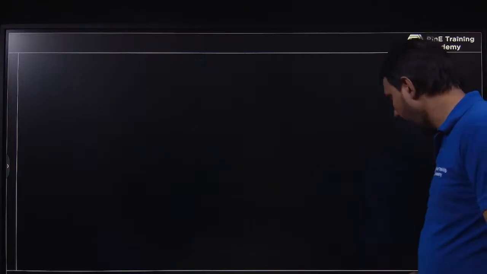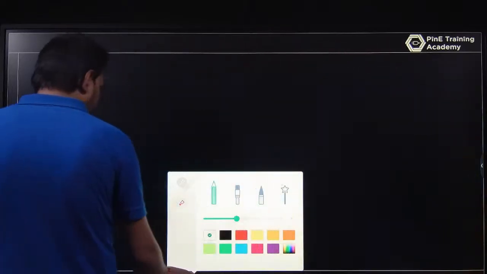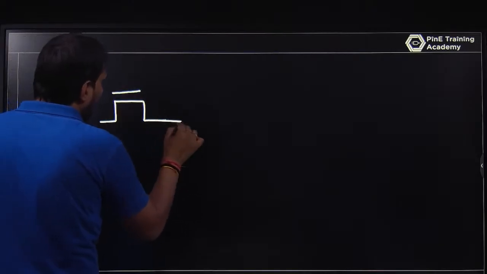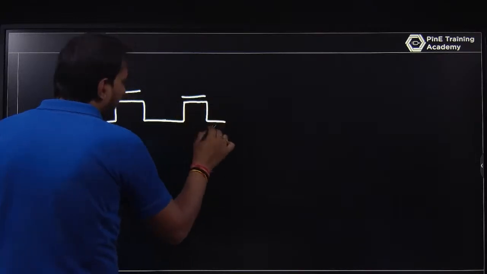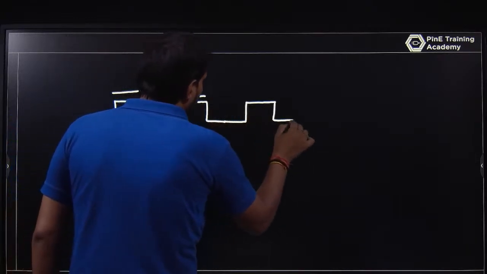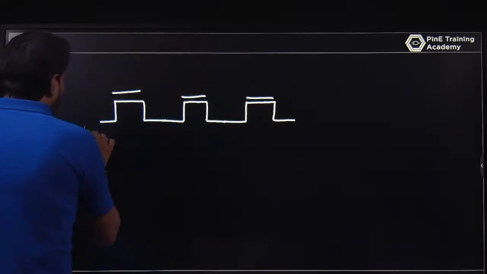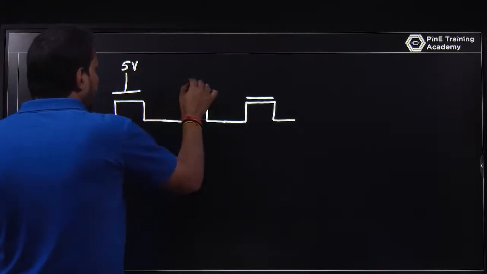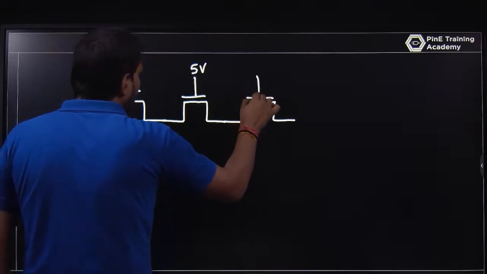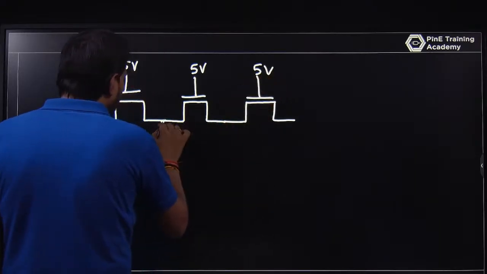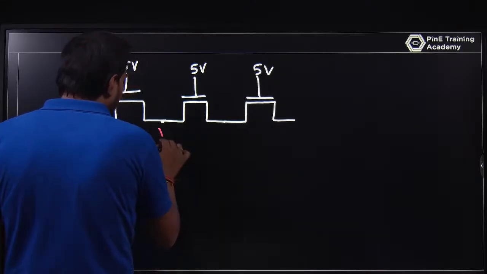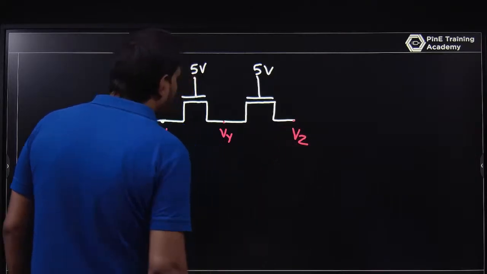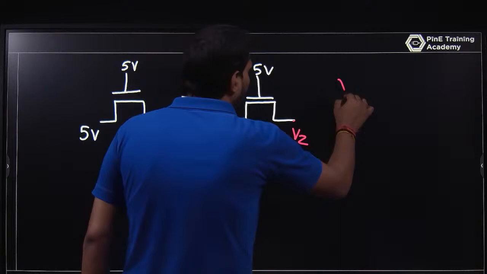Okay, let's talk about that one question we have. Here is 5 volt, here is 5 volt, here is 5 volt, here is 5 volt. What is Vx, what is Vy, and what is Vz when the threshold voltage of all the MOSFETs is